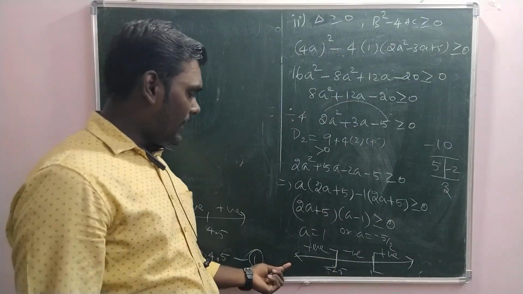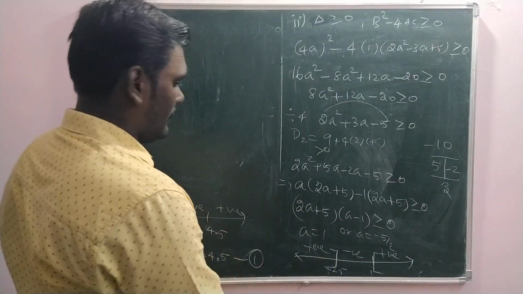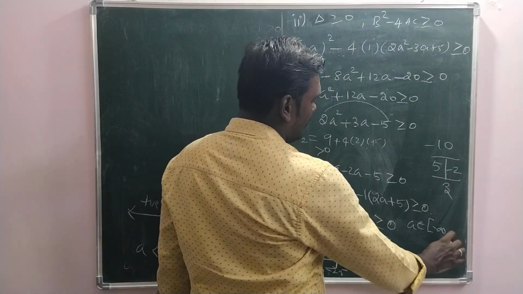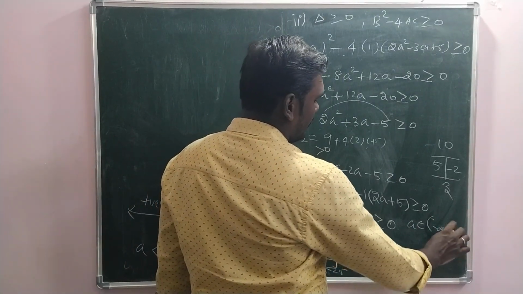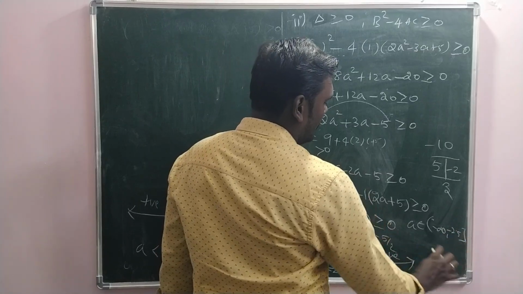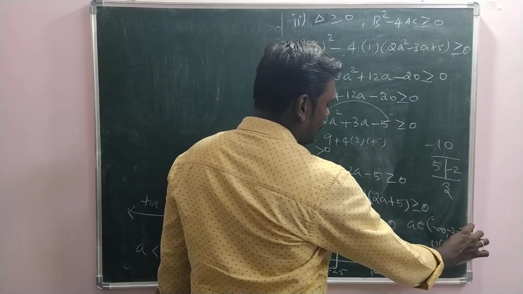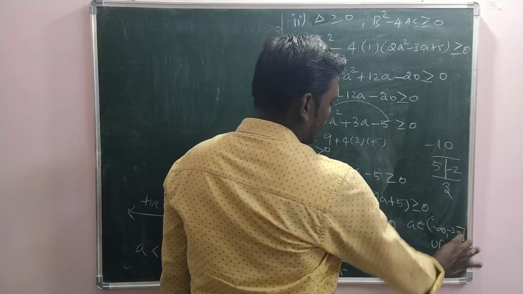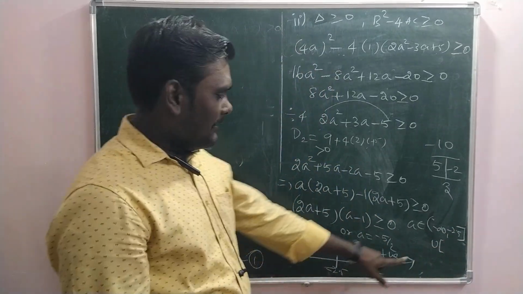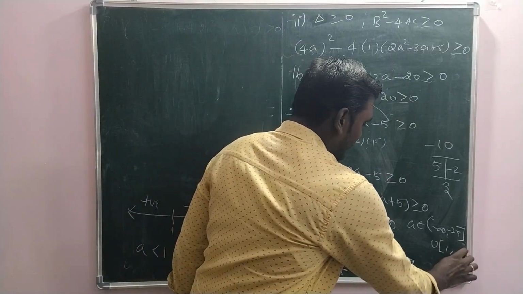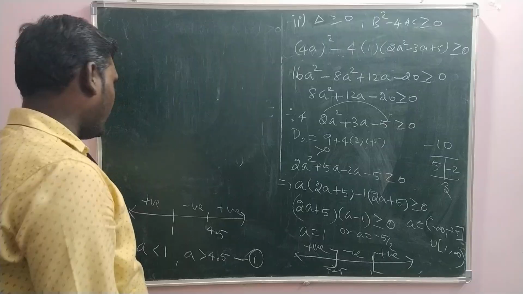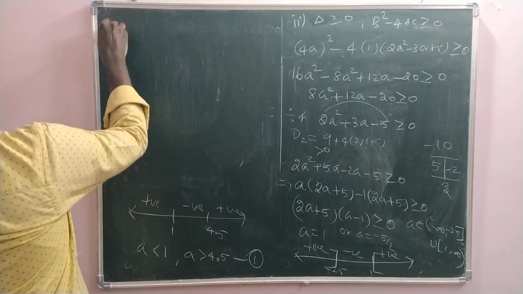Yes sir, this is also negative infinity comma, let me write here, space won't be sufficient. A belongs to negative infinity comma, open bracket, minus 2.5, closed bracket, union, closed bracket 1 comma infinity. Whenever you put infinity, put an open bracket. Okay, and then the third condition,